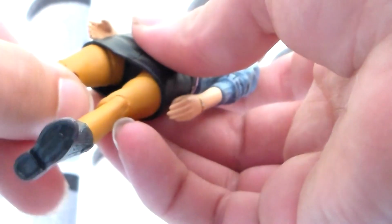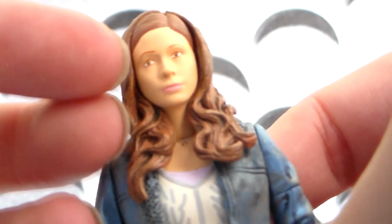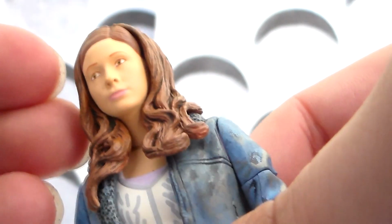You can't really move the legs out to do splits because of the dress, but you can turn the leg there and it can kick back to 90 degrees. No boot articulation. The head is a great likeness, it definitely looks like Karen Gillan. The ginger hair works well and I think looks better than previous Amy Pond releases, which I think looked a bit too orange. Her jacket looks very nice, and you have the really nice blue, sort of worn out